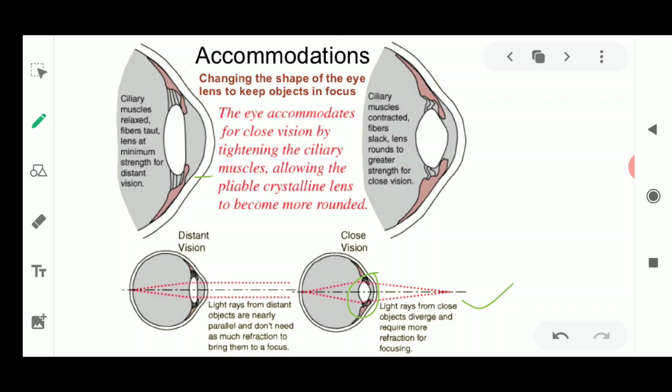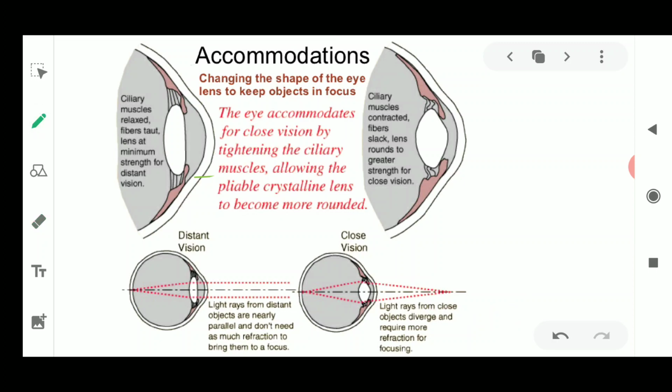As you can see in the diagram, the image is formed at the retina because the converging power has now increased. Why has it increased? Because the ciliary muscles become more tense, and this forms an image on the retina. So we can say that the eye lens becomes more convex and focuses nearby objects. The eye is said to be accommodated.